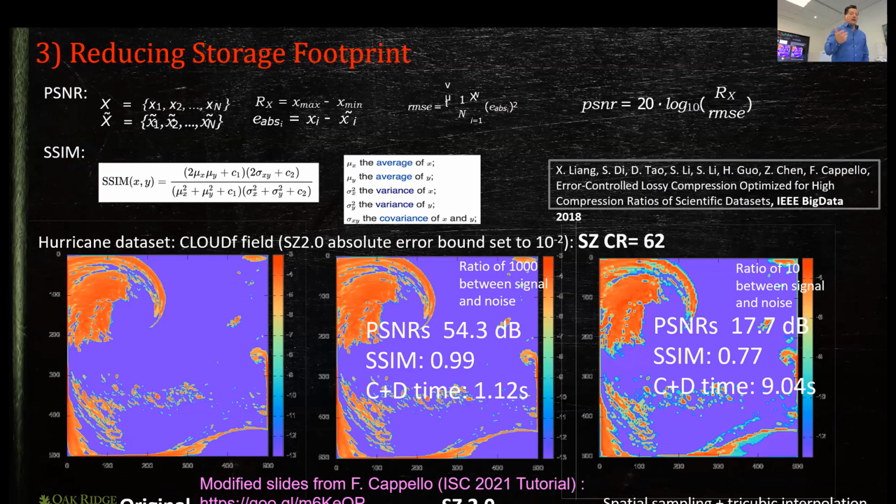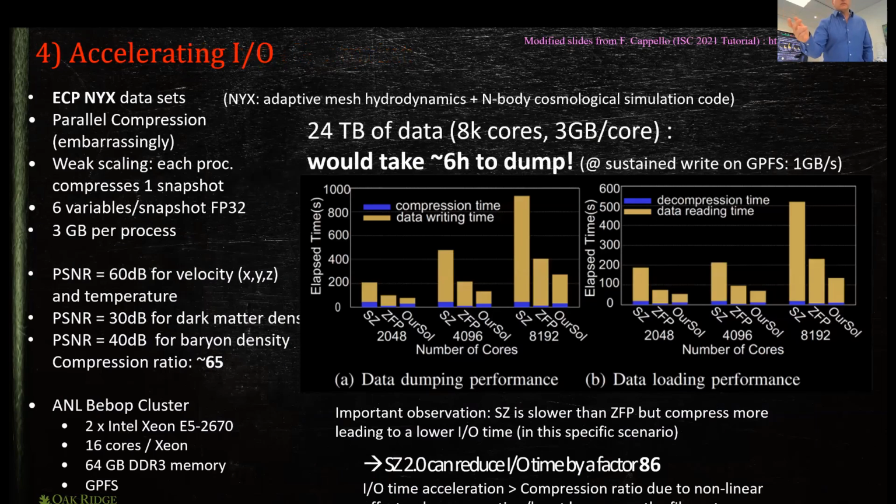And we can go through this, and we can go through with reducing storage footprint. And again, what you have to understand is like when you go through these things, one of the things that you have to worry about if you're trying to track cyclones or hurricanes is that you have to worry about where the tracks are. And they're very subject to different types of quantities of interest that then you have to worry about. And again, I'll go through this later on where we've worked with climate scientists, and you have to really worry about a lot of things.